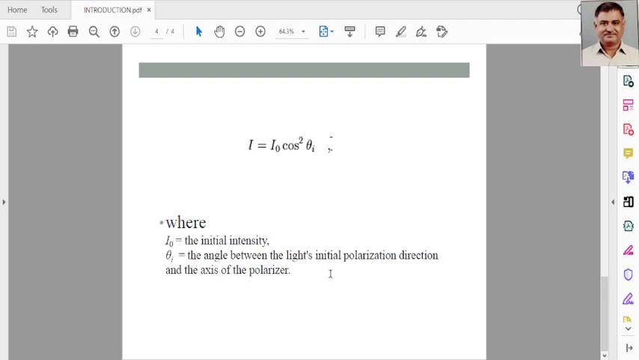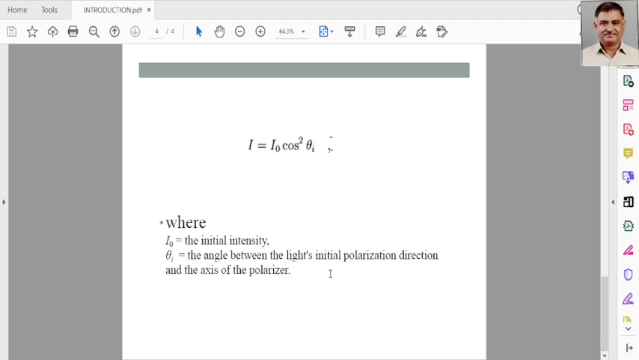see here, the double refraction is nothing but the phenomenon of causing two refracted rays by a crystal. Keep in mind this definition. The phenomenon of causing two refracted rays by a crystal is called double refraction,